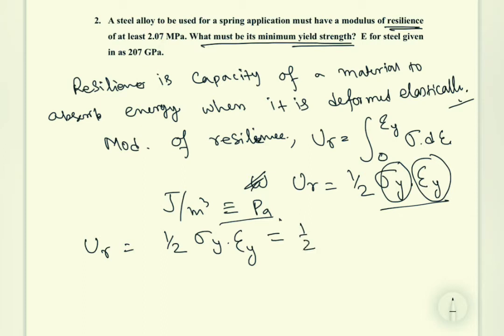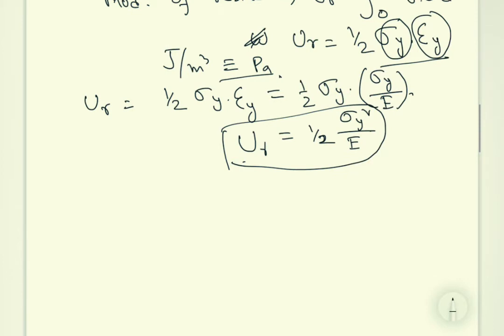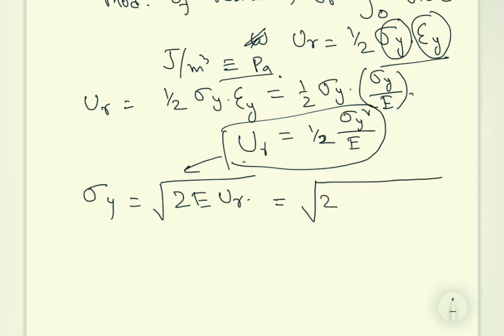This can be rearranged a little bit to write sigma y square by 2E. This is the equation. Okay, so now the rest part is very easy. They are asking for the yield stress. So yield stress is actually square root of 2 E UR, it's coming from there, and just simply if I put the values,